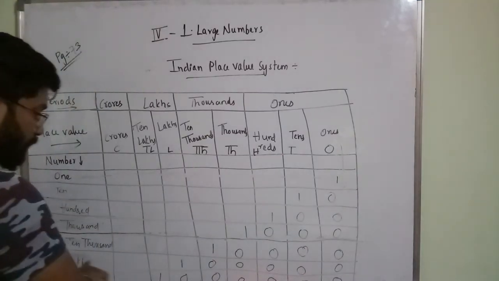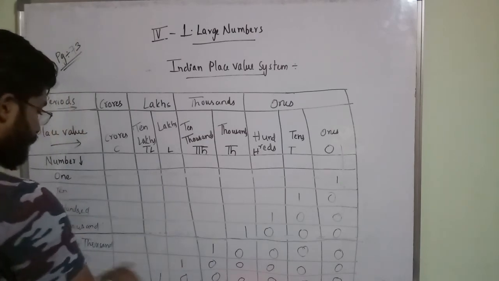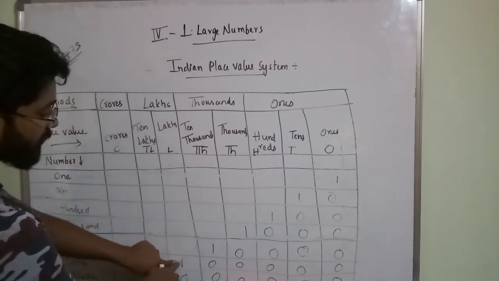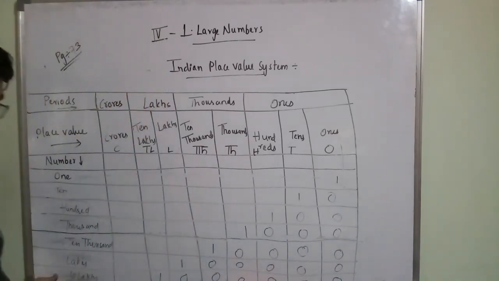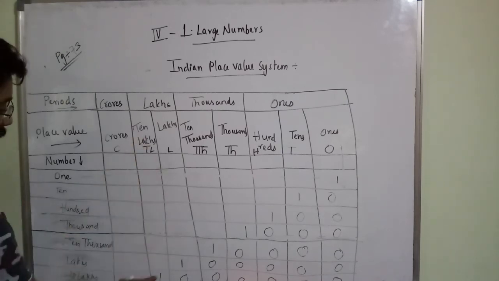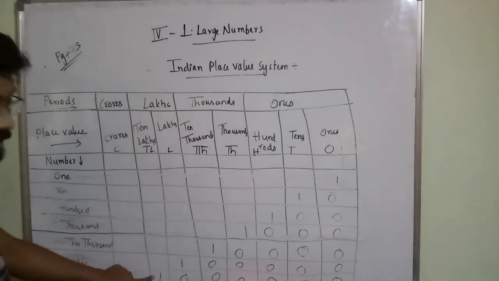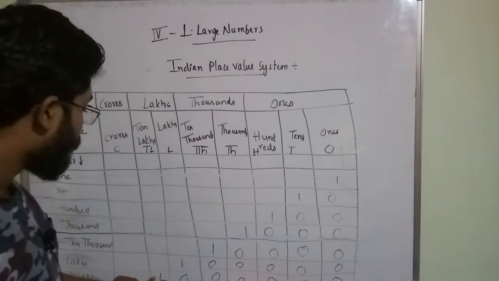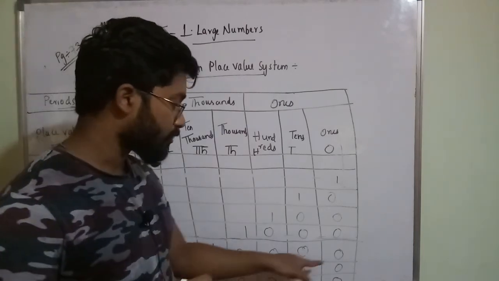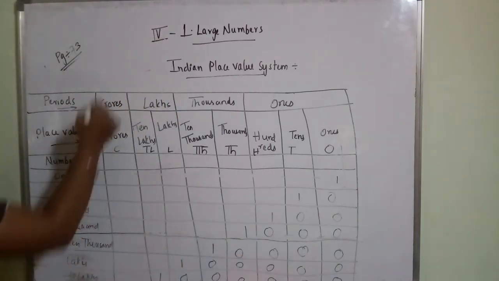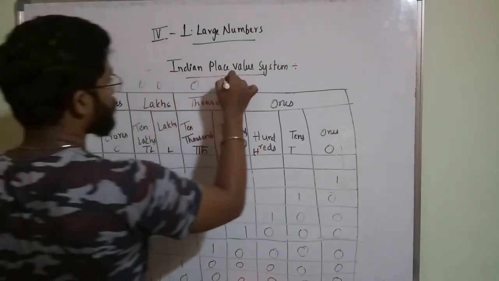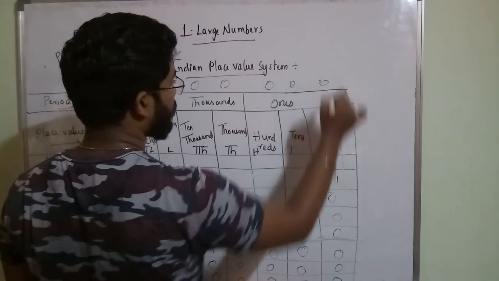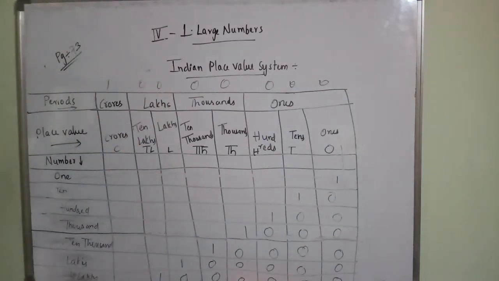Lakhs, this row is here. Okay, this is the row and this is the column, both are intersecting here, no? So 1 0 0 0 0 0. Lakhs, both are intersecting here only, no? This one, this one. So at this box only they are intersecting, they are getting combined. So 1 0 0 0 0 0 0. For crores, what you will get? Here you will get 1 0 0 0 0 0 0 0. So this is the crores.